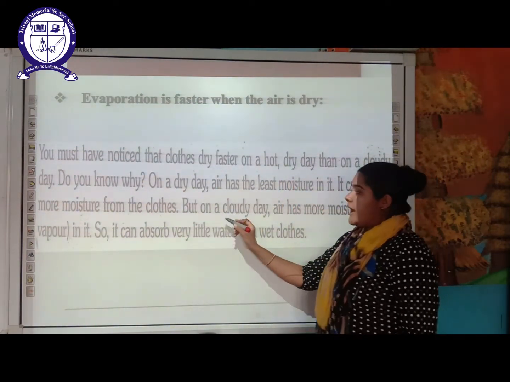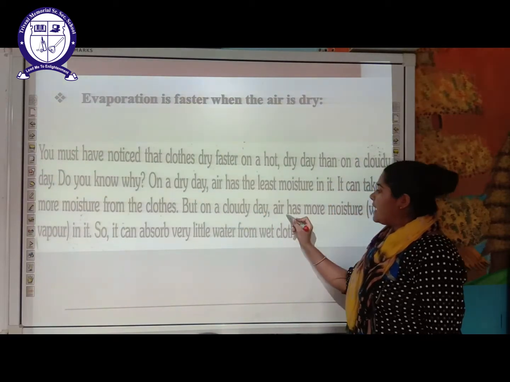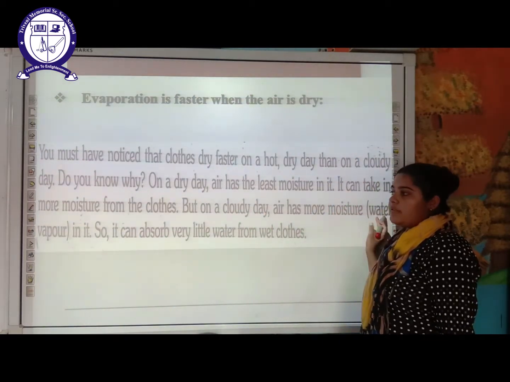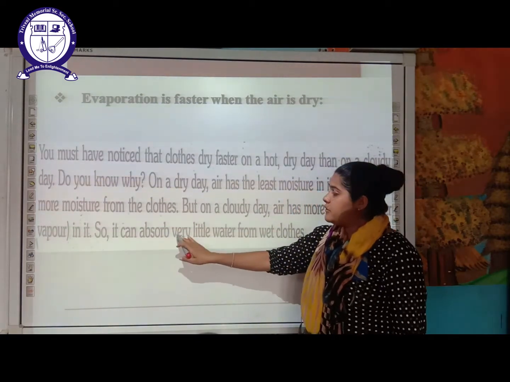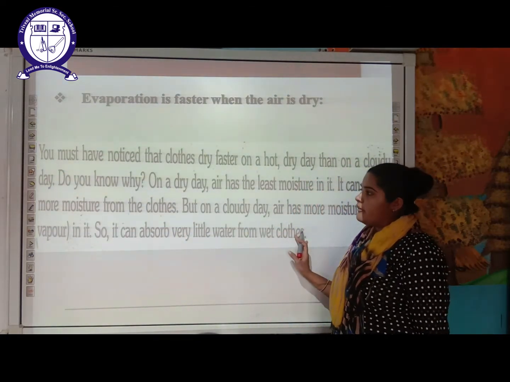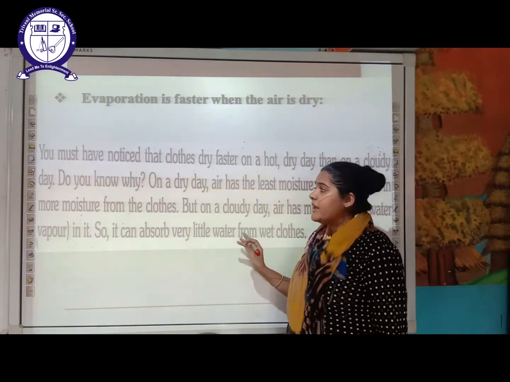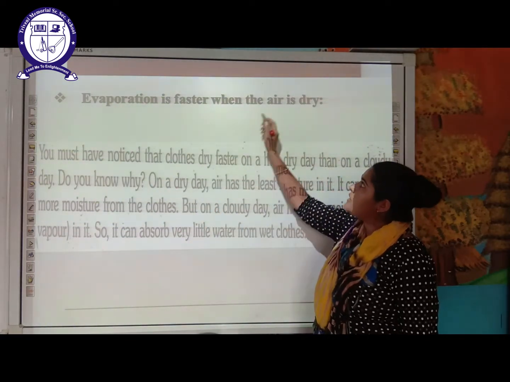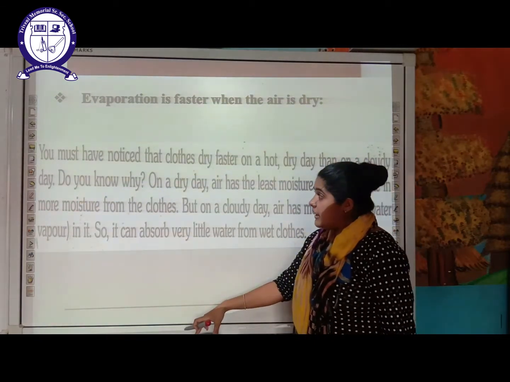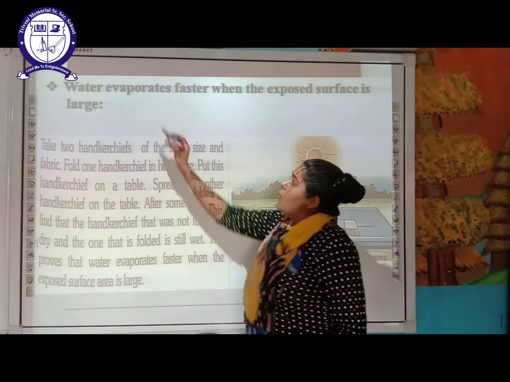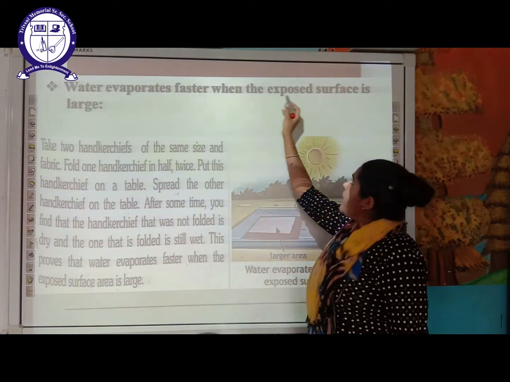But on the other hand, on a cloudy day, what happens? The air already has more water vapor or moisture in it, so it will absorb very little water from the wet clothes. So this is the reason why the rate of evaporation is faster when the air is very dry. Let's move on to the next and last factor, that is water evaporates faster when the exposed